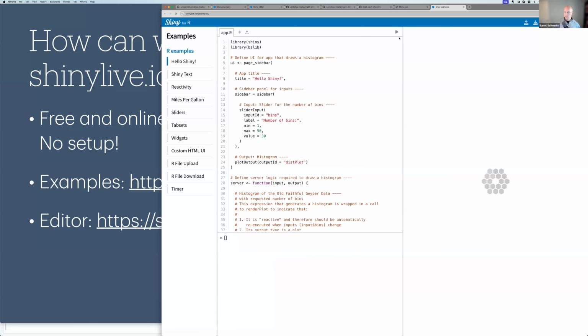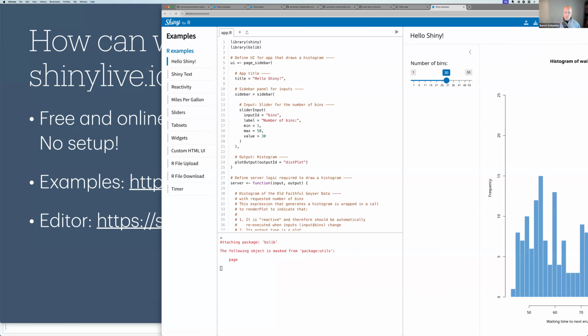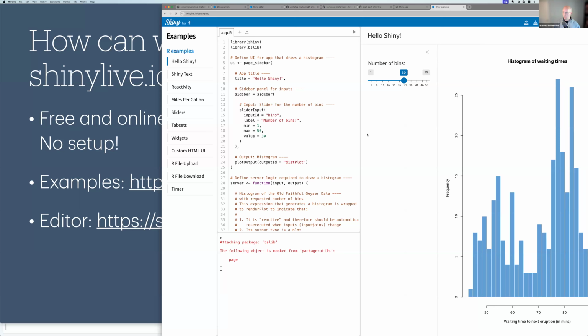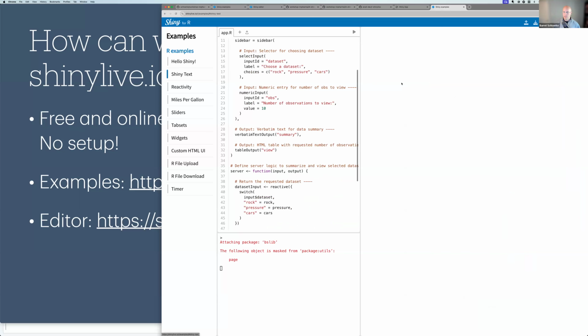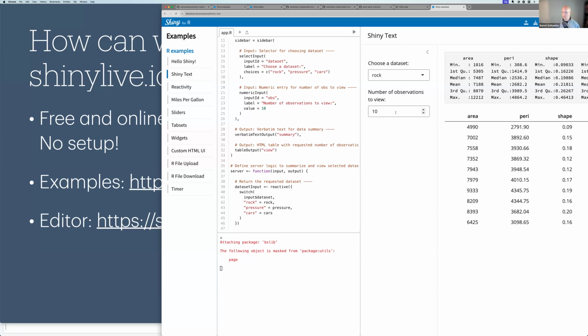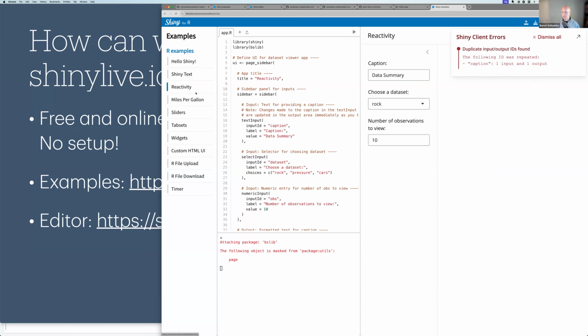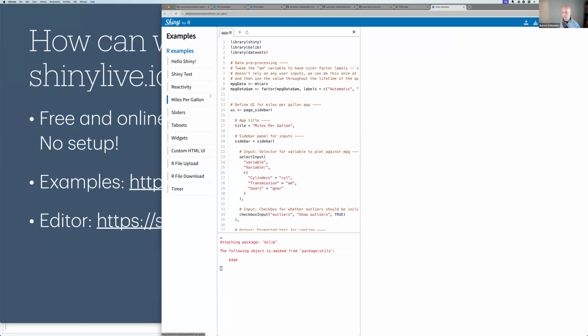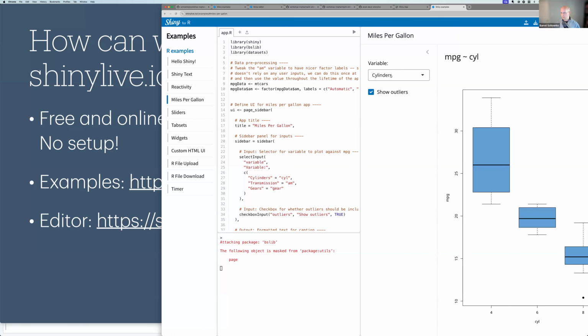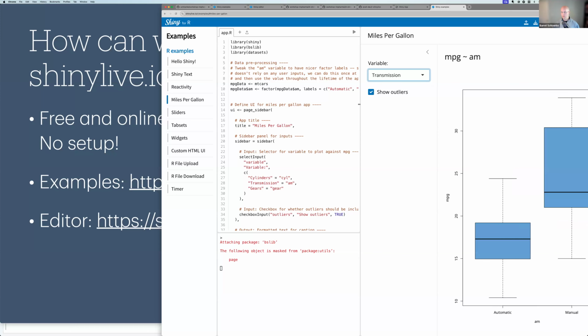So if we look here, just go through a couple of the examples here. Yeah, so we have the Old Faithful, Shiny text, and reactivity. And cylinders, transmission.